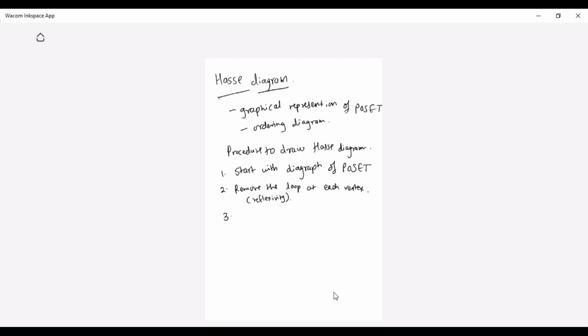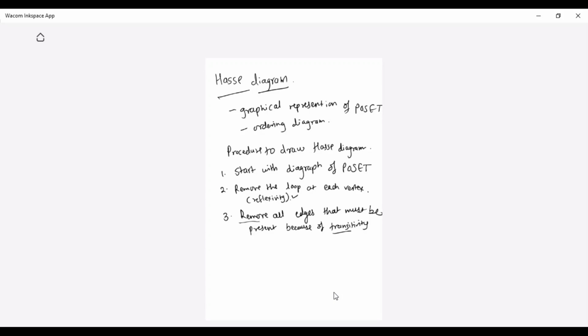Third, remove all edges that must be present because of transitivity. So what you're doing, student, is slowly removing each and every characteristic here.